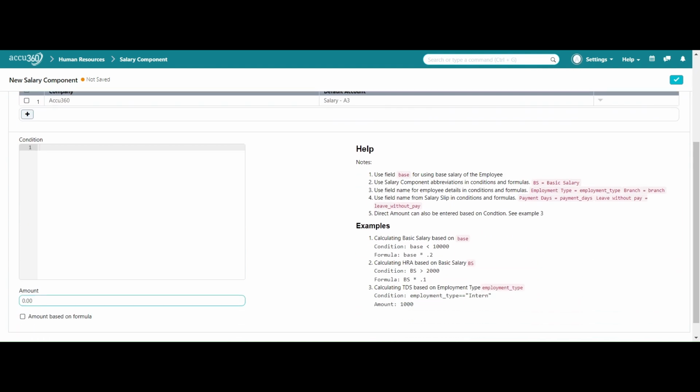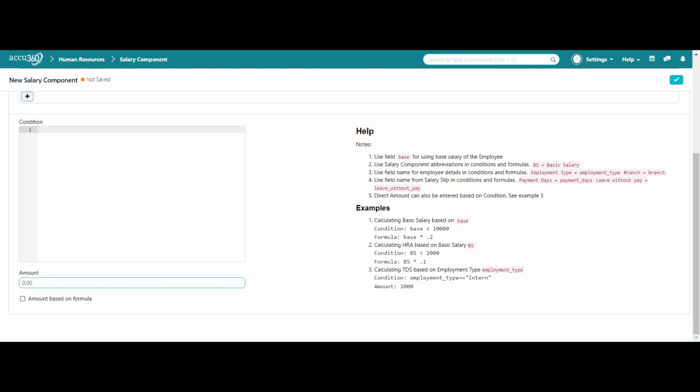Now here we have two more important options, which are condition and the amount based on the formula option. In the conditions option we can mention various conditions which the software will check. If those conditions are met, only then this component will trigger, otherwise it will not get triggered in the particular employee's salary slip. So let's suppose I will mention that medical allowance is only applicable